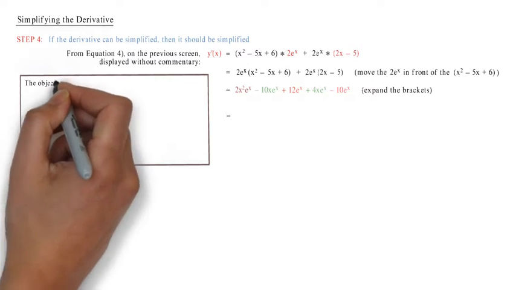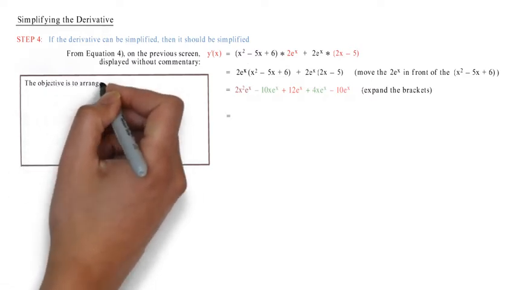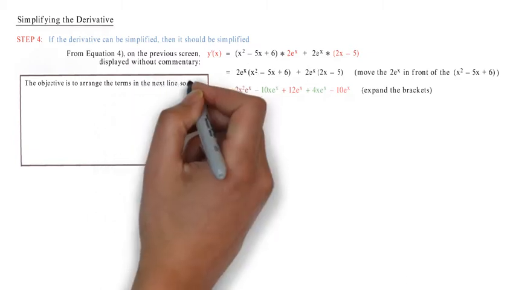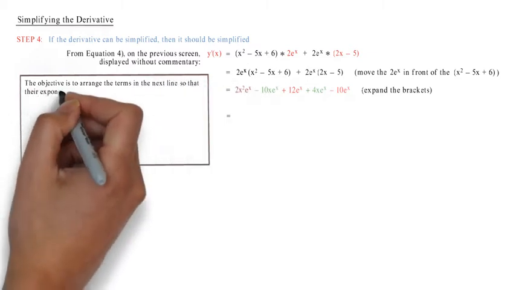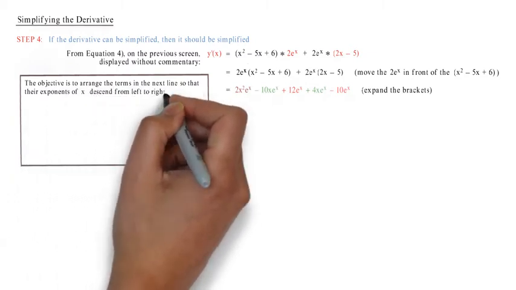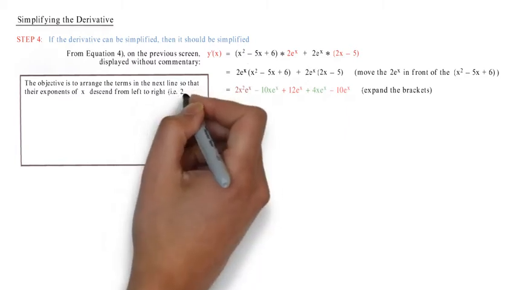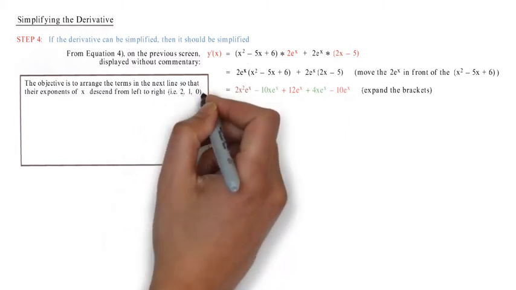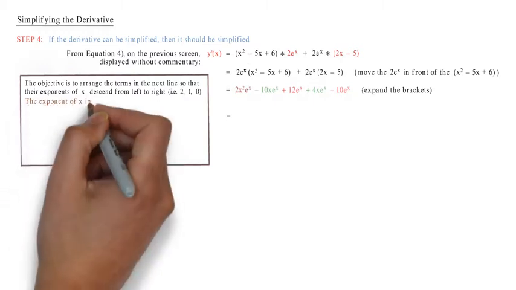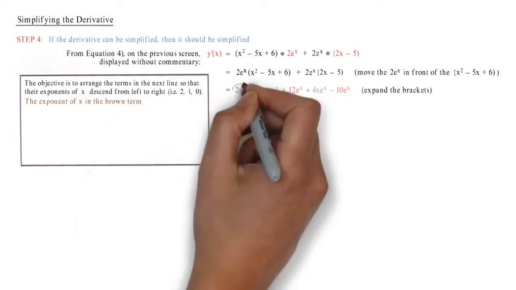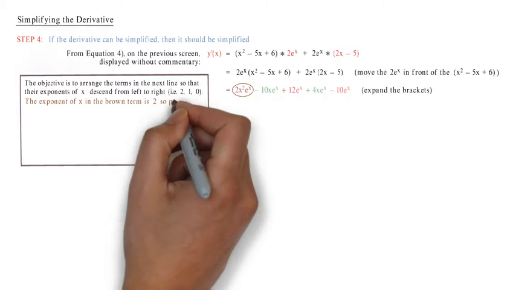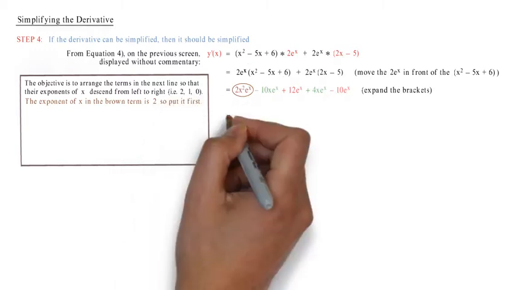The objective is to arrange the terms in the next line so that their exponents of x descend from left to right, i.e. 2, 1, 0. The exponent of x in the brown term is 2, so put it first, equals